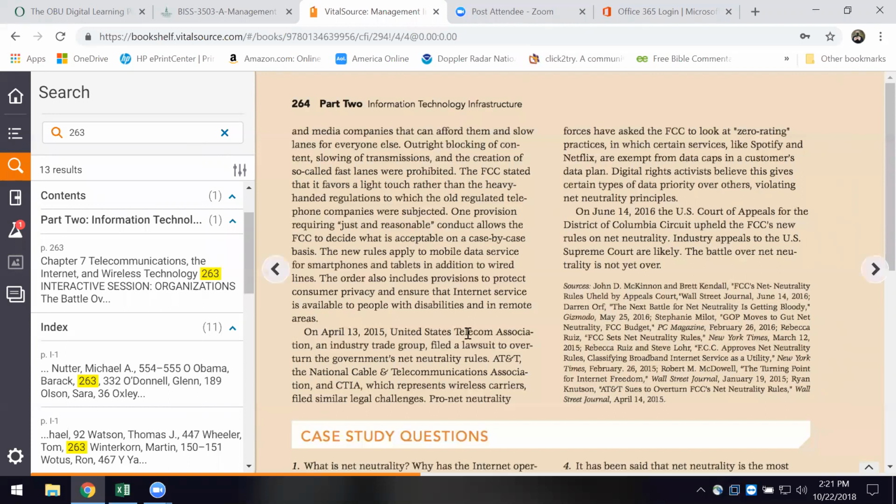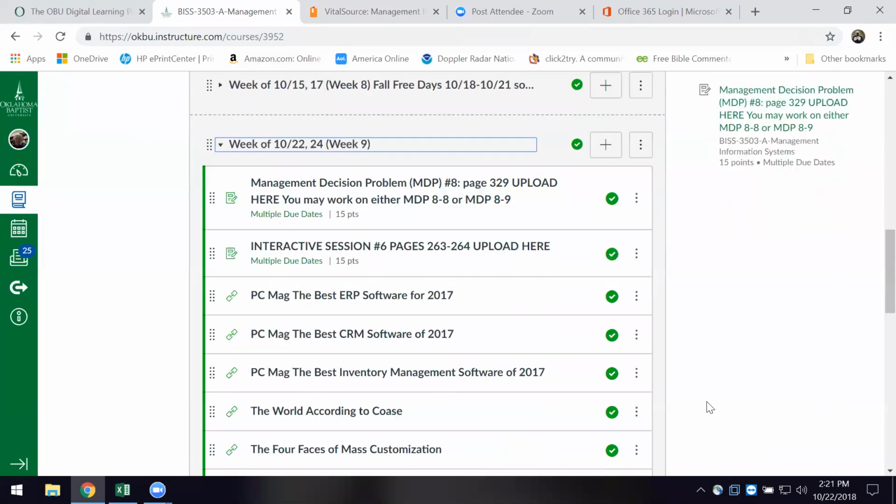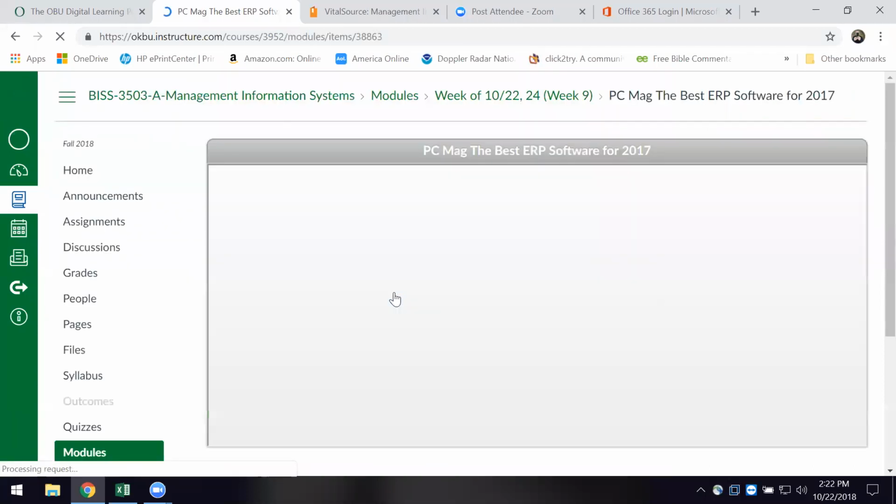I also wanted to try to give you some things to look at for this week that I thought might be of some use to you in understanding this thing called enterprise resource planning. I've got a couple of these: ERP software and customer relationship management software. These are from PC Magazine. I don't think they've come out with those for 2017, but I would encourage you to please go there and take a look at them, because you'll get a sense when we talk about enterprise systems